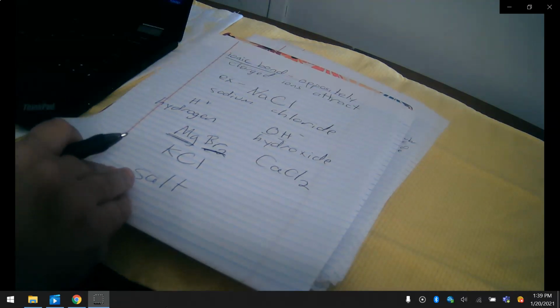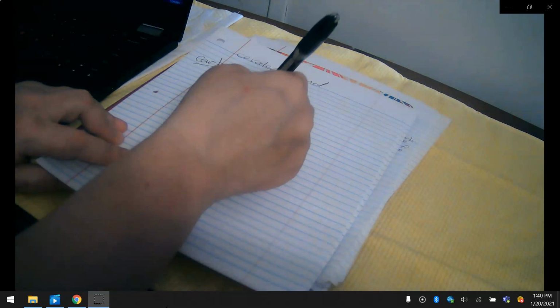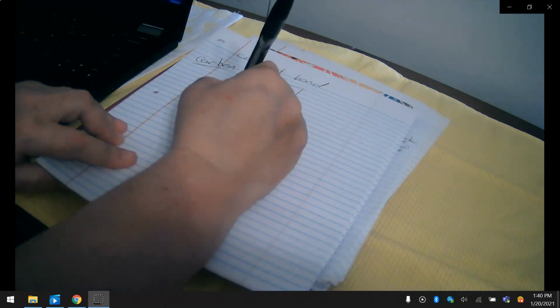Now, the ionic bond is one way that atoms can be attracted to each other and form a compound or molecule. Another bond is called the covalent bond. So let's look at carbon. The carbon atom, the symbol on the periodic table is C, the atomic number is 6, and the mass number is 12. So when we draw carbon, we're going to have, in the nucleus, 6 protons,